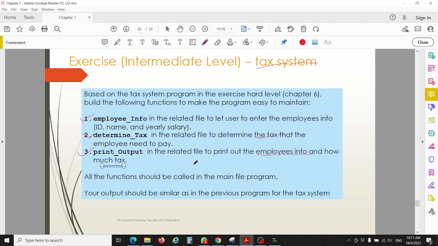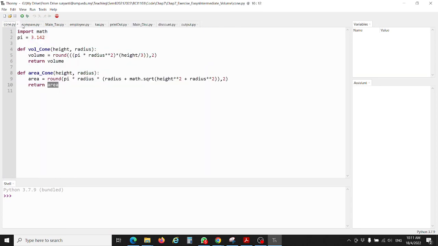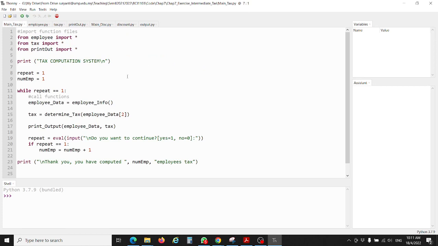All the functions should be called in the main file. And then your output should be similar to the previous program in the tax system. So I will show you my sample answer. I close this one first. Okay, so this is my